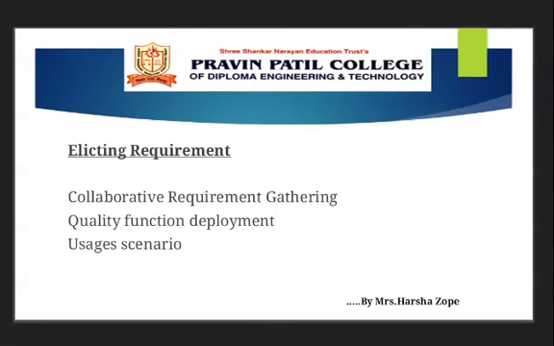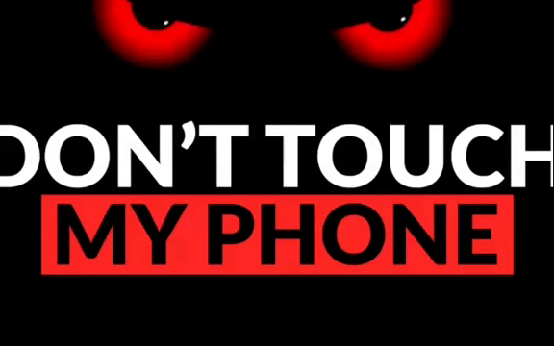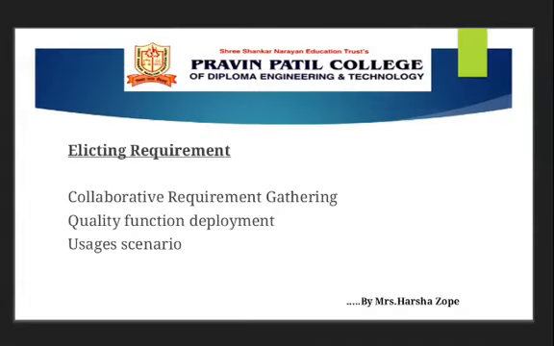First guideline is a meeting should be conducted and attended by both software engineers and customer. Second guideline is rules for preparation and participation must be prepared. Third is an agenda should be prepared. While conducting that particular meeting, an agenda should be prepared. Fourth is a facilitator controls the meeting. He could be a customer, developer or outsider.